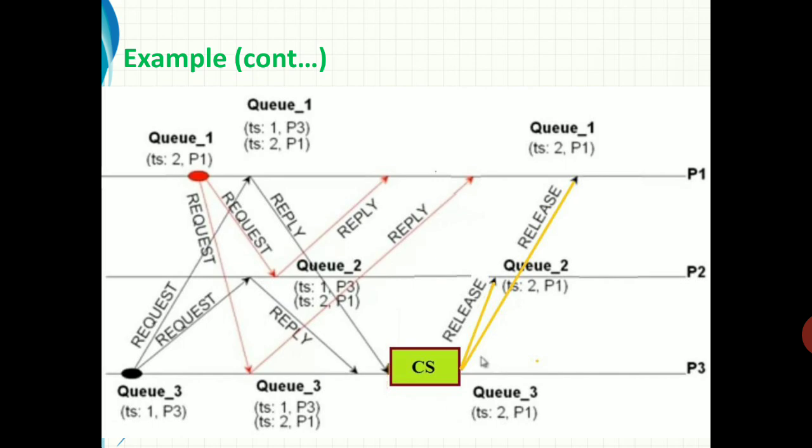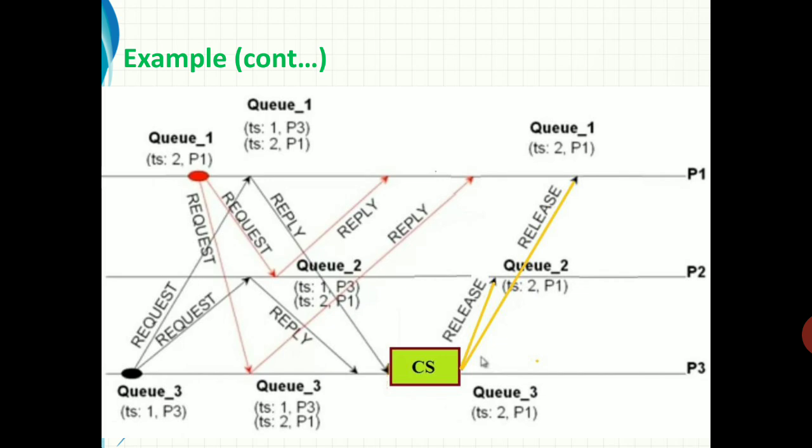Once the release message is received from P3, it will remove that message from its queue. So the queue of P1 will contain only one process message, that is from P1, and all the others contain only the message from P1.